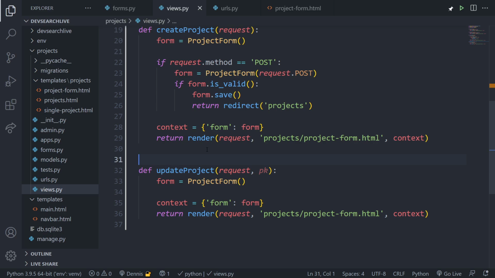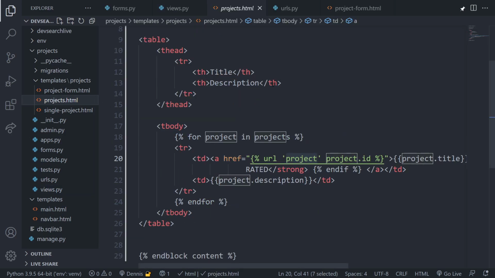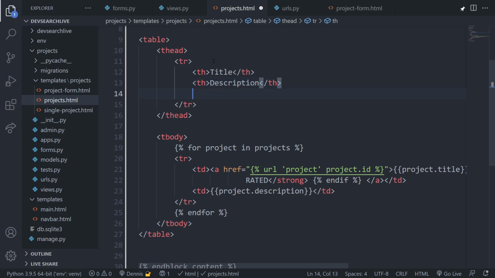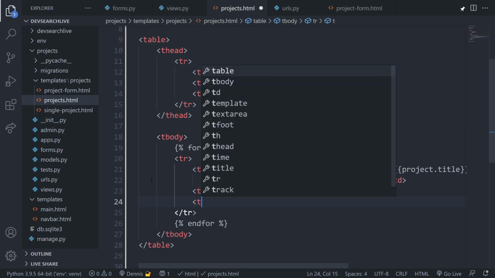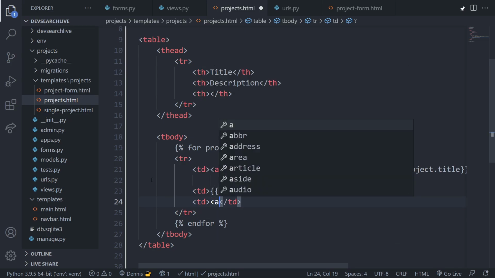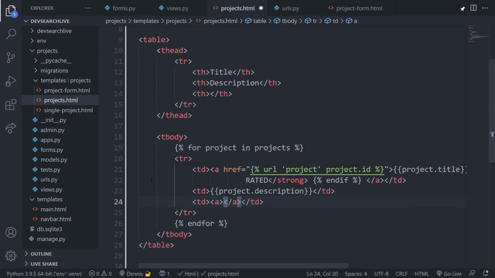So before we actually finish up this view here, I wanna show you a few things. So let's go into our projects table here, and we're gonna pass in a new value. So we just wanna make sure there's a new column, and let's create a link manually actually. So let's create a link, and we'll just say edit. And then for the actual link value here, so for the href, we'll do href, and this is gonna point to URL